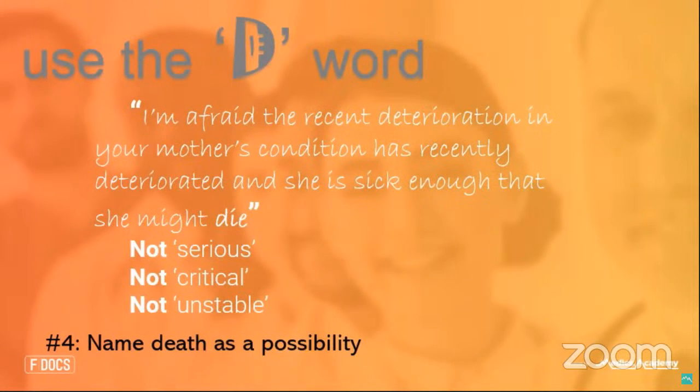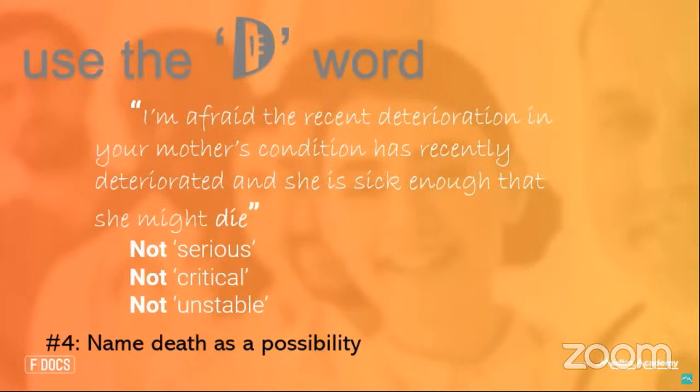But when you say, I'm concerned that your husband's infection or your husband's stroke means that they may be sick enough to die from this, that's very clear for that relative to interpret. And if you're wrong and they improve, then that's fine. Everybody is so grateful that that outcome didn't occur. But when we don't warn people that things are serious enough that they may die or their relatives may die, then they miss that opportunity to mentally prepare, and that has negative implications on the grief and bereavement process for that individual.